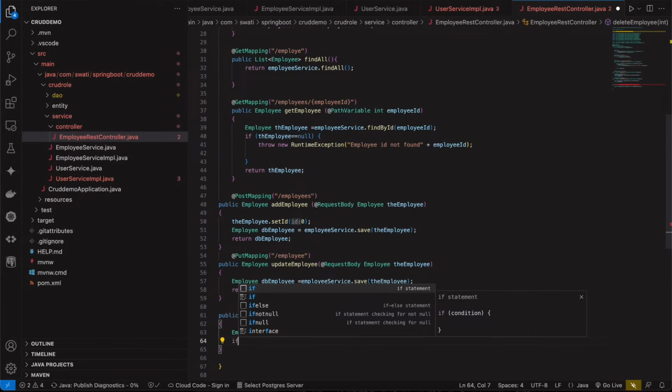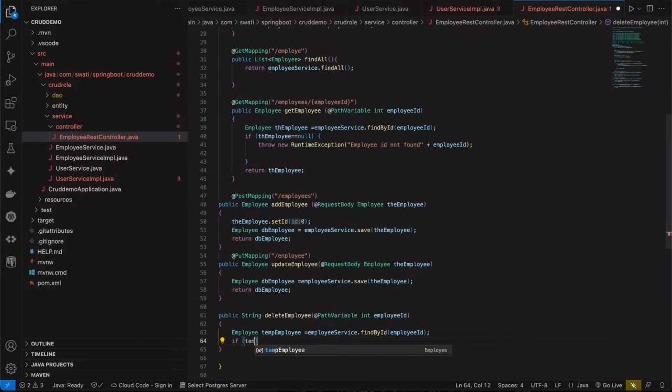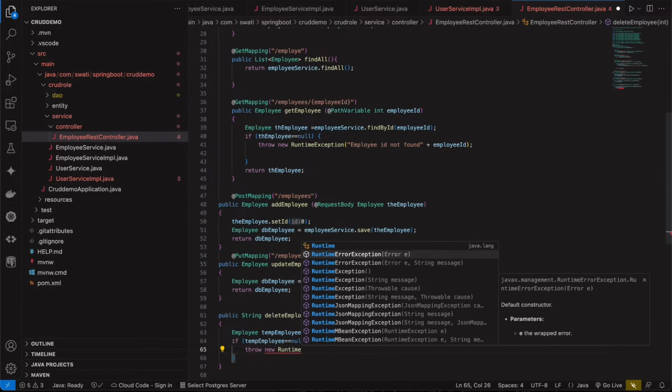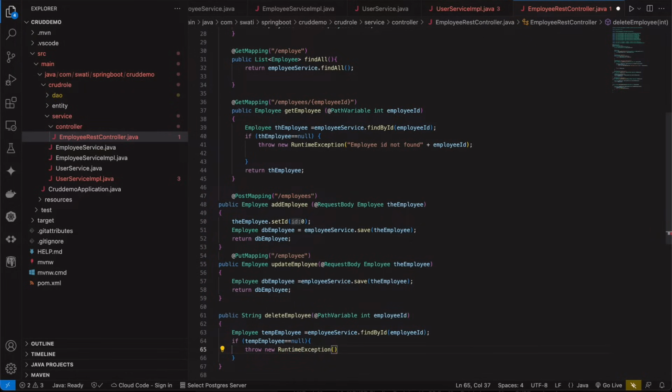if the ID is not found, like say if the ID that we are wanting is not there, if it's null, then this will throw a runtime exception of employee ID is not found plus employee ID. Okay,